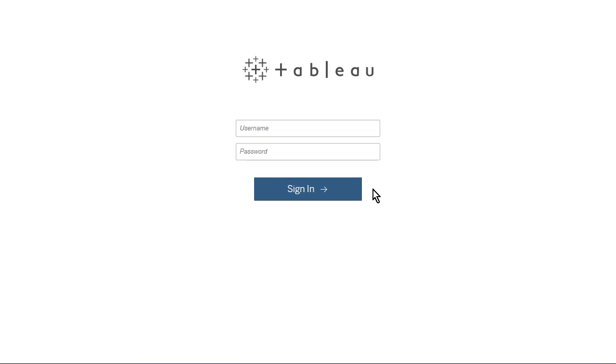You may be prompted to log in. How you do so depends on how your organization configured this. It could be your email address, a username, or some sort of single sign-on experience. Here I'll enter my username and password. I'm logging in as a user with an Explorer role. If you log in with a role as a viewer, creator, or administrator, the options and menus available to you